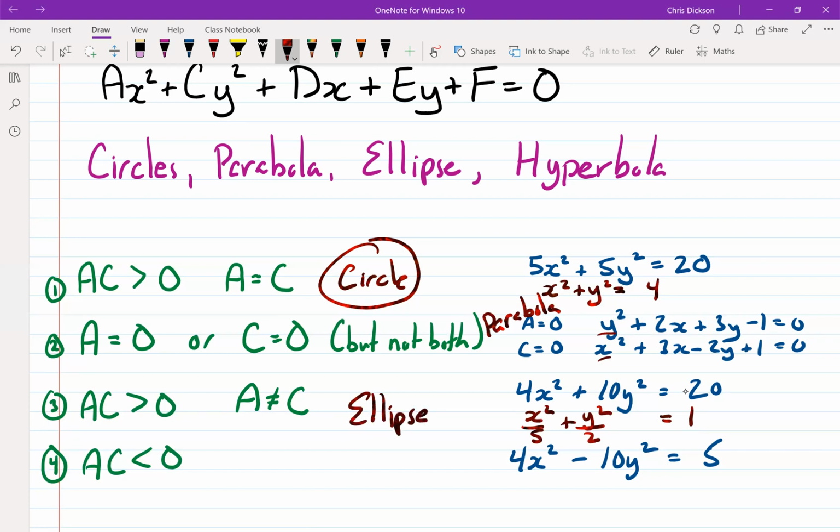And if you had AC being less than 0, I guess you probably guessed by now, this would be a hyperbola. And once again, I wouldn't want to graph this hyperbola, but I wouldn't make you graph something like that because that's pretty tough to graph. Okay, so there are some conditions of